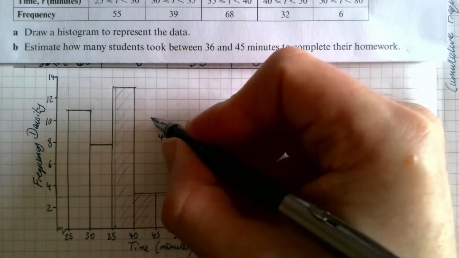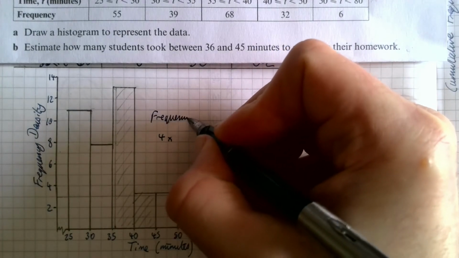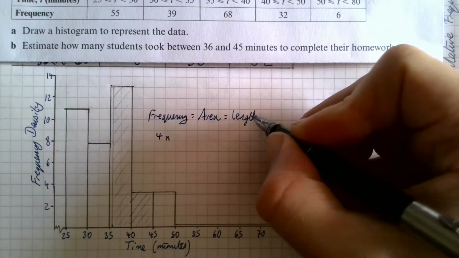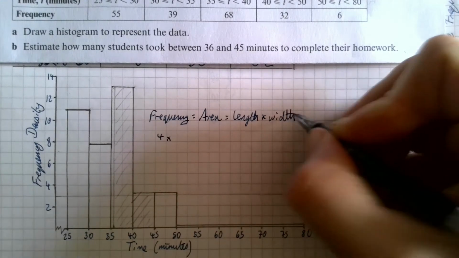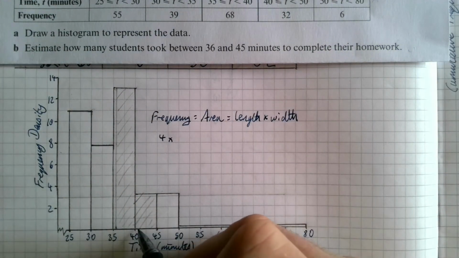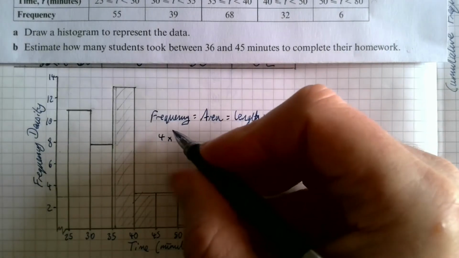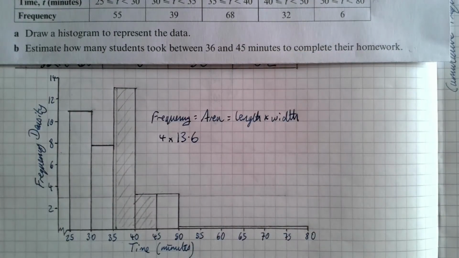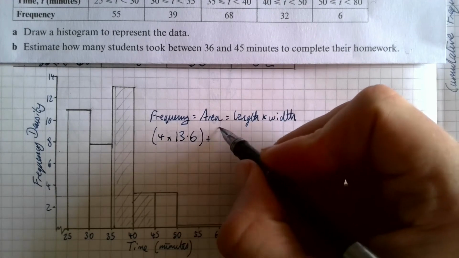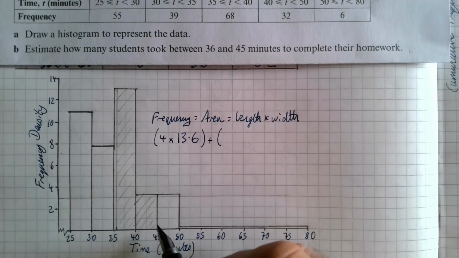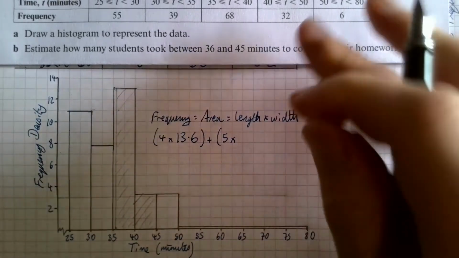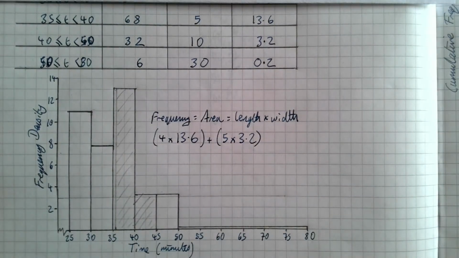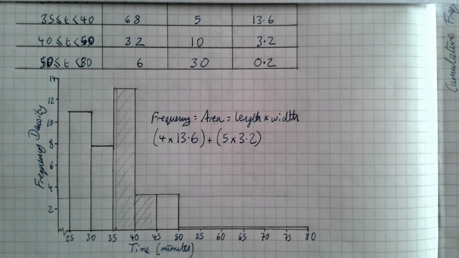So the frequency is the area, which is length times width for a rectangle, isn't it? So we've got 4 being the width there, times 13.6, which was the height of this bar, the frequency density. And then we've also got this part here. Now this is 5 wide, and the frequency density there was 3.2. So we just have to pop that into the calculator, which should give us